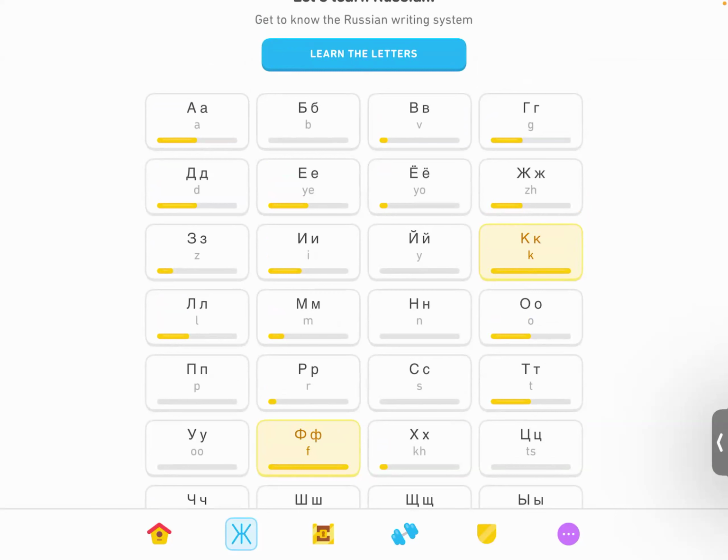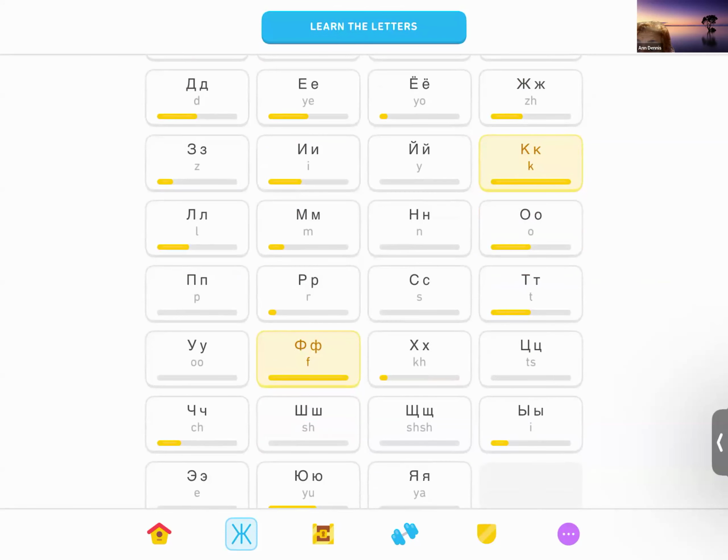G, it looks like an upside down L, right? D, then Ye, then Yo, because of the two dots at the top. So instead of Ye, it's Yo. And then this character right here is J, like in 'How are you?' Then Z, it looks like a three, but it's Z. Then I, which looks like a reverse N. And this one, an N with a kind of U accent on it, is the short I, 'ee kratkoye'. K, L, and then